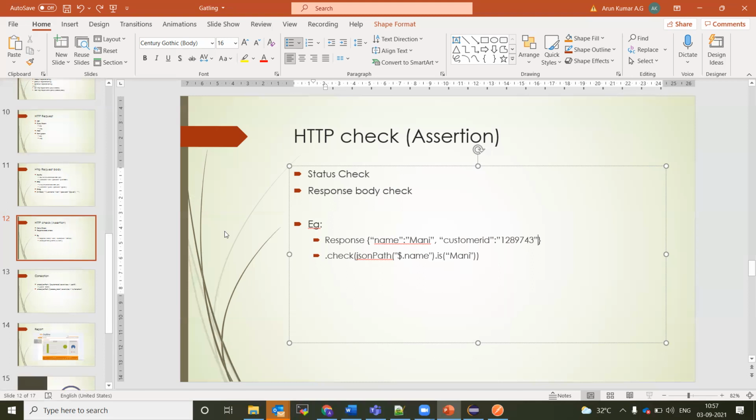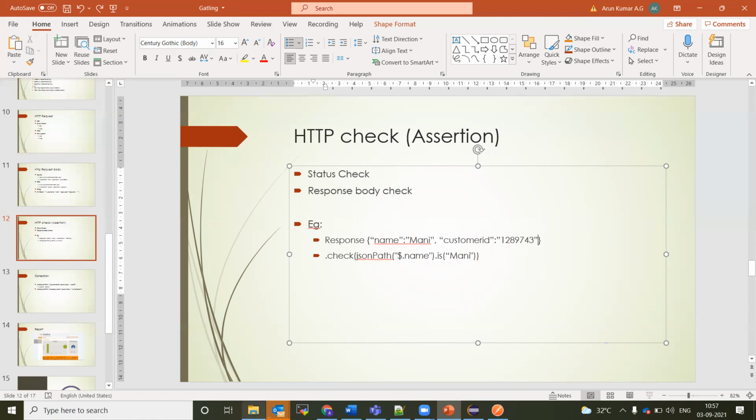Especially for dynamic value changes, you have seen it for the bearer token. Every time the bearer token will be generated dynamically. So first I hit that, I get the bearer token, I keep it in an authenticate variable, and then that variable can be accessed everywhere. That is where correlation is used more. Check you will probably use very limited in our scripts.